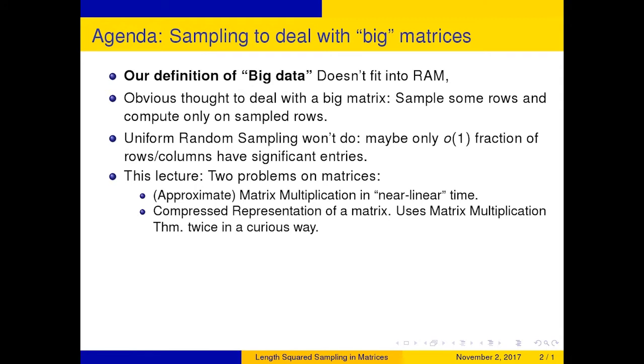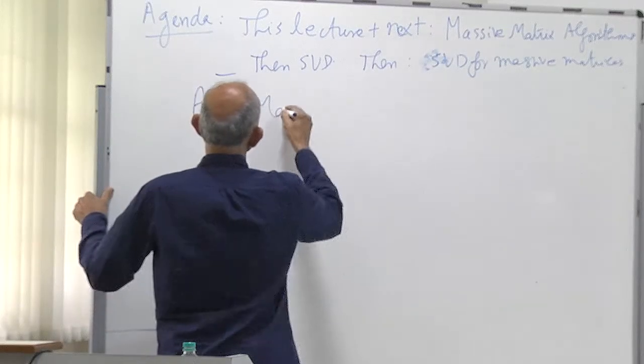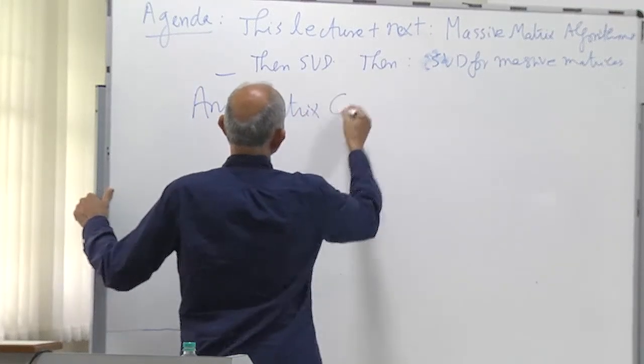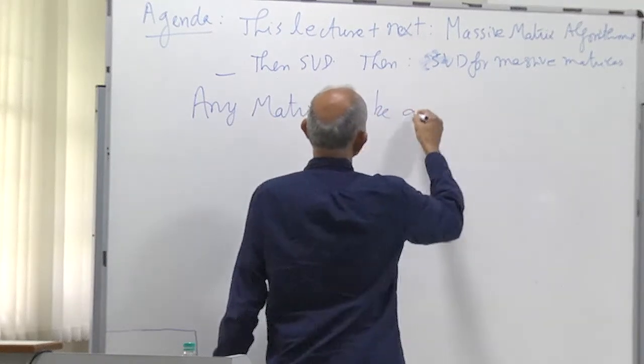But the next thing is something that perhaps you wouldn't have seen generally. It's going to use the matrix multiplication result in a funny way, not the way one might be thinking of, but we'll see. But we want a compressed representation of a matrix. The compressed representation of a matrix is the following. What we will prove is that any matrix can be approximated